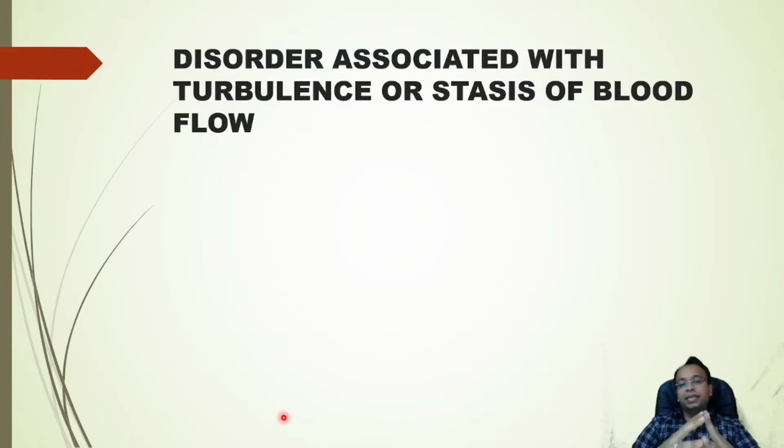If the blood flow is getting disturbed, then it is known by the name turbulence of blood flow. And if it is slowed down, as in inflammation, as we have discussed, that is the stasis of blood. So because of abnormal blood flow, thrombosis can occur, and it can occur in case of a myocardial infarction,